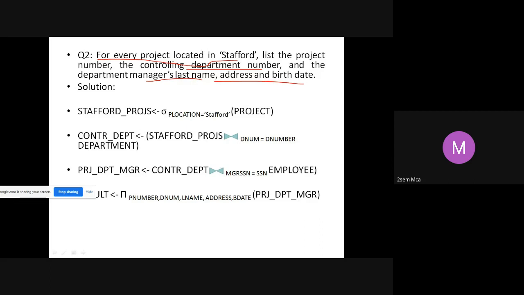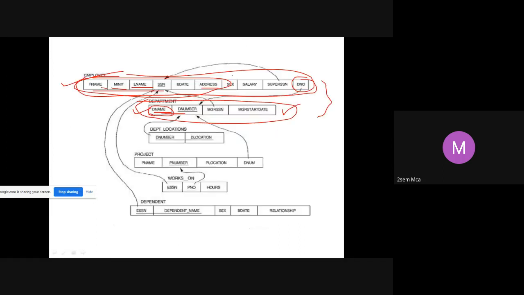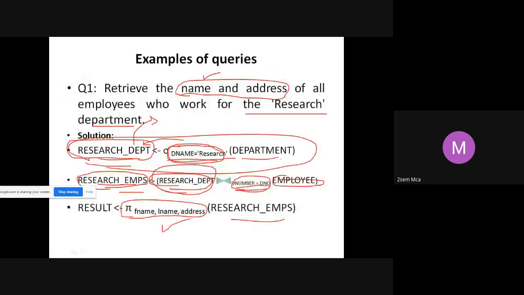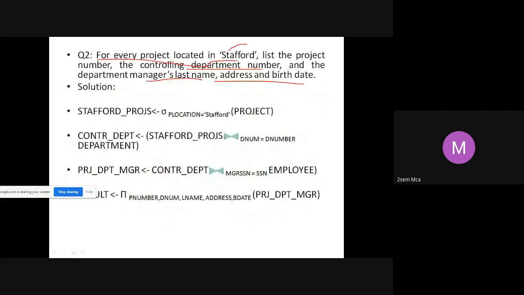For every project which is located in Stafford, project location is given in project table. This P location should be Stafford. First I have to retrieve all the projects that are located at this location. For every project that is located in Stafford, what I should find out? I should find out the project number, that I can get from project table only, no problem.